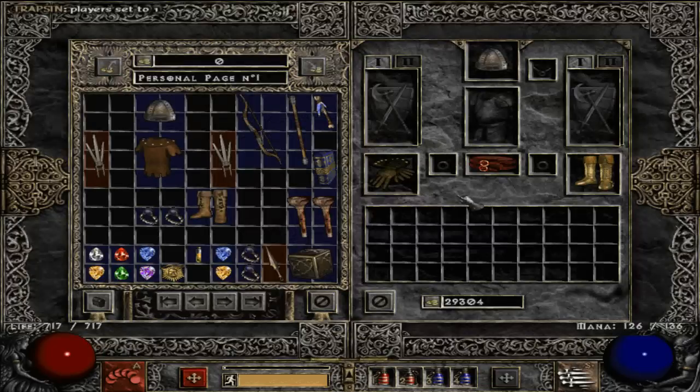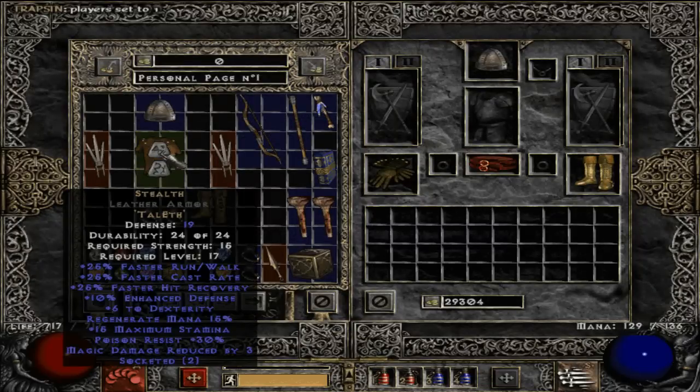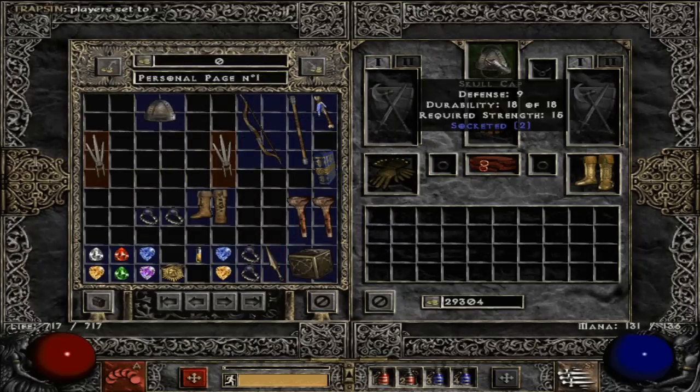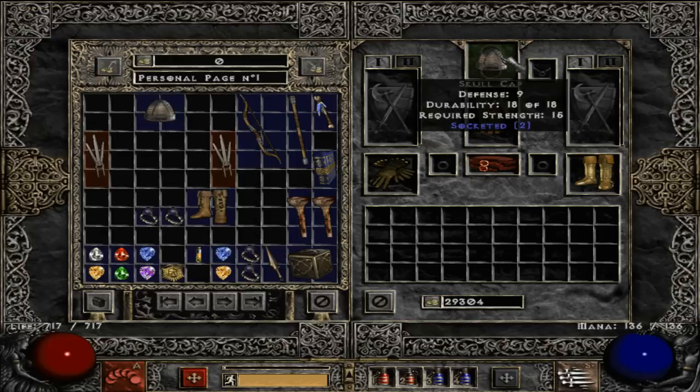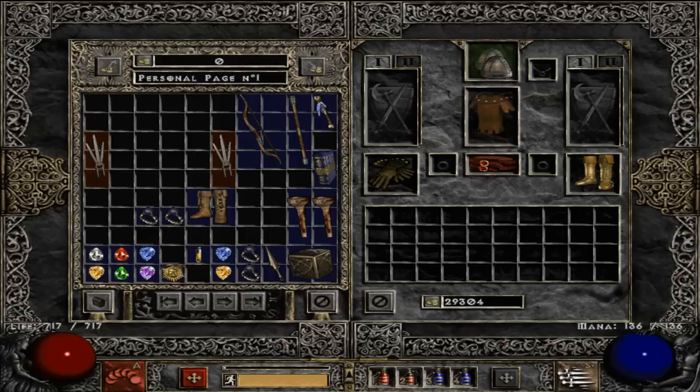And then eventually you'll keep doing this over and over and over again until you get like a leather armor with 2 sockets, and you get a skull cap or some other headgear with 2 sockets, and then you'll...